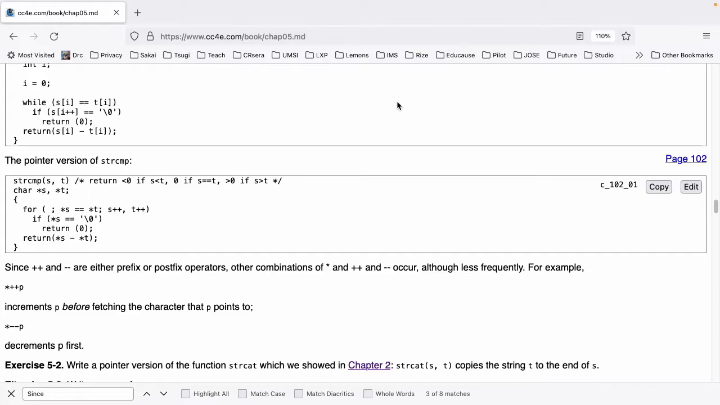The pointer version of strcmp is the first example on page 102 of the textbook. strcmp(s, t) char *s, *t; { for (; *s == *t; s++, t++) if (*s == '\0') return (0); return (*s - *t); }